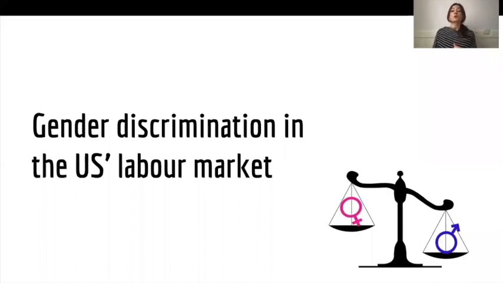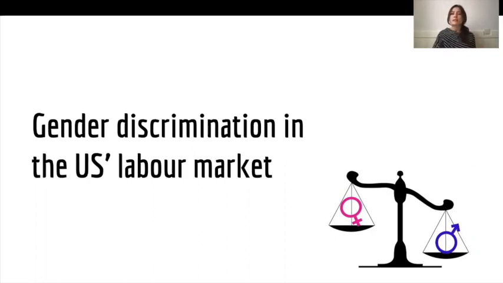So now I'm going to focus on gender discrimination in the US. And I would start by saying that obviously it's no secret that female employees face challenges in the workplace. And some industries, of course, more than others, have deeply rooted practices of discrimination against women, which have made inequalities much harder to eradicate. And in fact, even those women who have made it still face unequal pay, gender